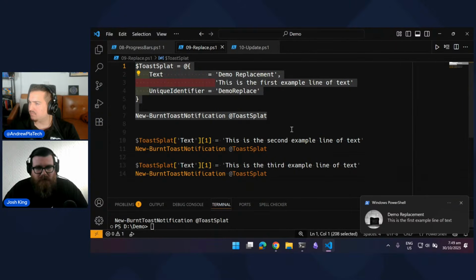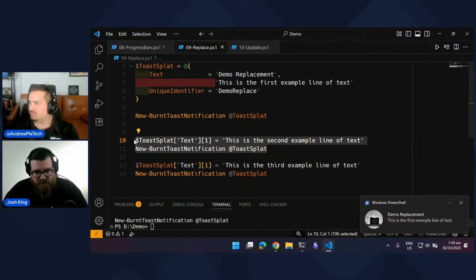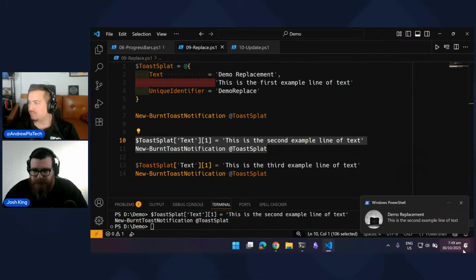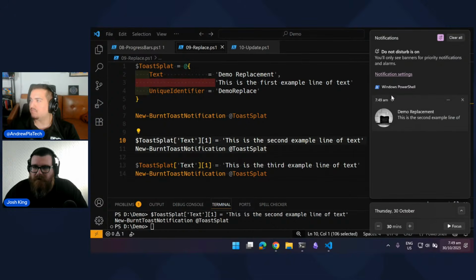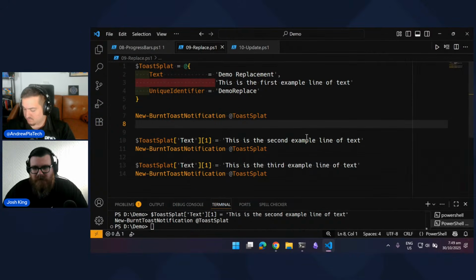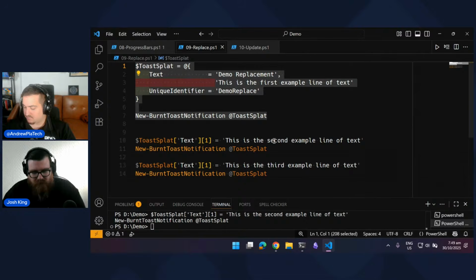So we've got that. Now, while that's on screen, I run the second bit, you'll notice it disappeared and a new notification popped up. And if we look in the history, that first one doesn't exist. The string in my splat, we replaced, because we're starting at 0. So the second string we replaced from showing the first example line of text to the second example. And because we did that while it was on screen,